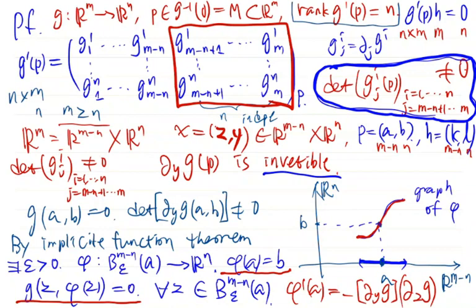So the derivative of phi at the point A is the inverse of the derivative of G with respect to Y multiplied by the derivative with respect to Z. Okay, so we will use this phi to construct our curve gamma. So we define